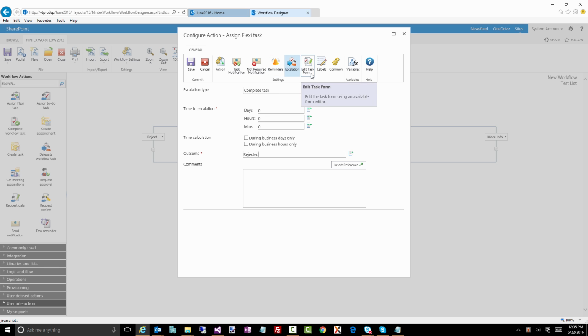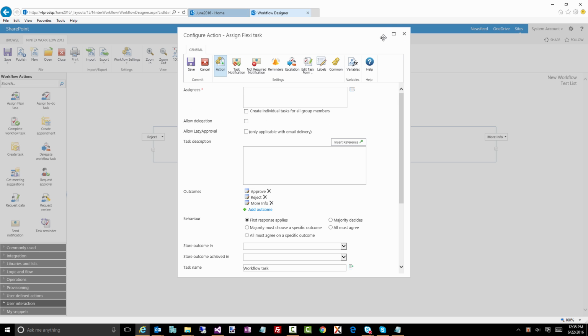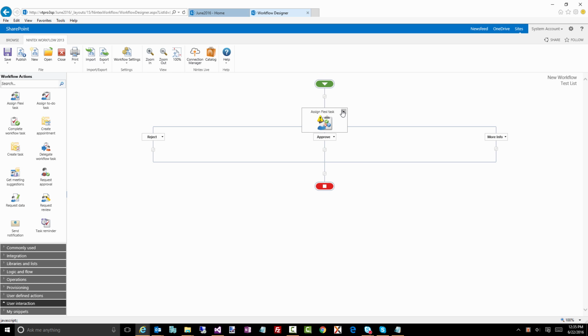And the final thing is editing the task forms with either InfoPath or Nintex Forms. Now I want you to remember the reminders part and the escalation, because that's going to be important in a moment. So this is one of the most commonly used actions, this flexi task. All right, let's get rid of that one and let's take a look at the next one, which is the